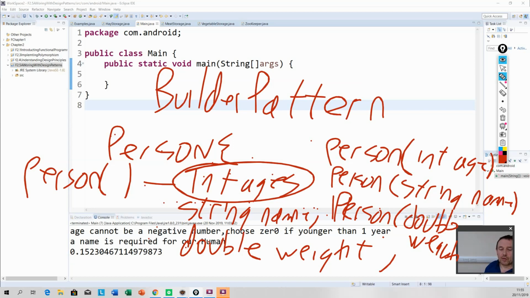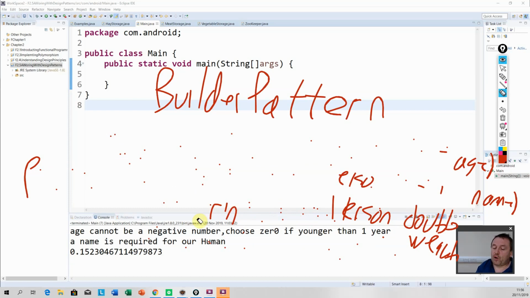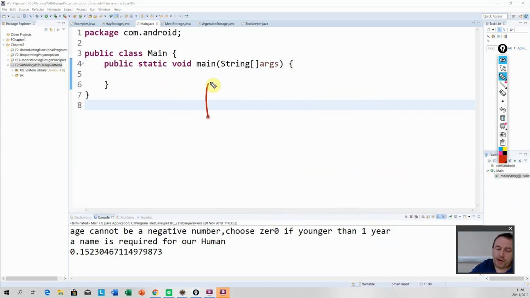All right. Now, the builder pattern is an attempt to make this much, much simpler. All right. What you basically do is you have all these methods. They're called setter methods. They're setter methods. Okay. So if I want to create, so again, we have our person class,